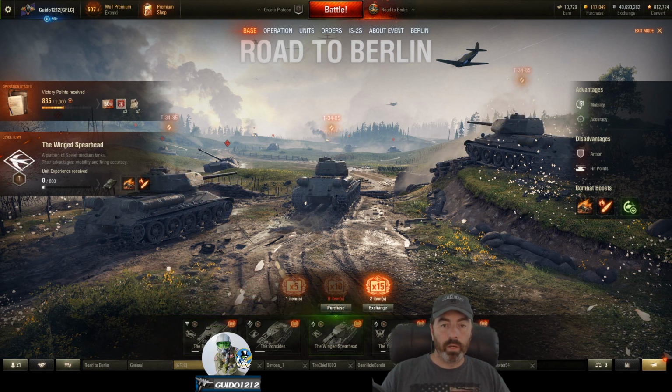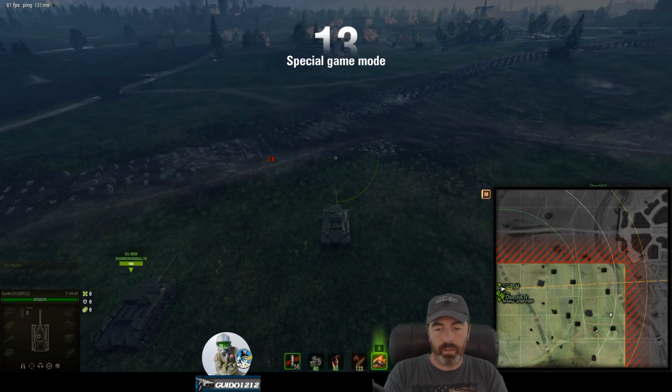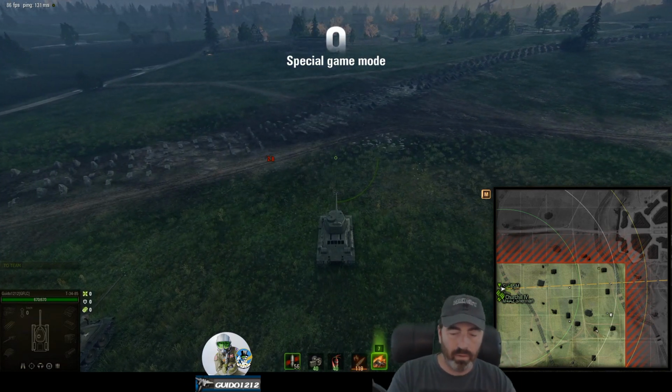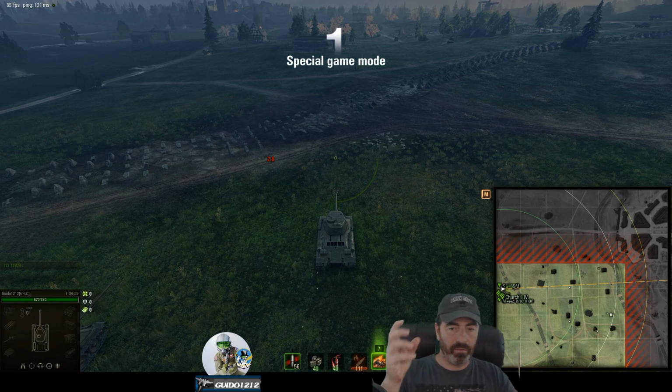Well, all right, let's do Winged Spearhead. We'll click Battle. Searching for allies. We got in one pretty quickly. That's pretty good. All right, so a couple things about this. First, it's got several phases of the battle. You attack, then they counterattack, you attack, they counterattack, and I think you attack. It's something like that. And there's boss tanks at the end that have flags over them, and you have to